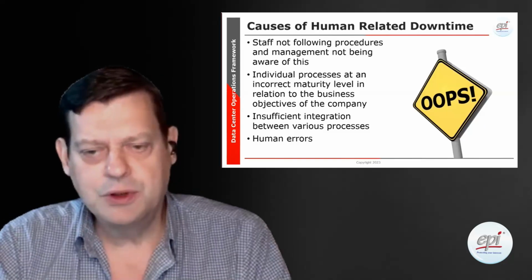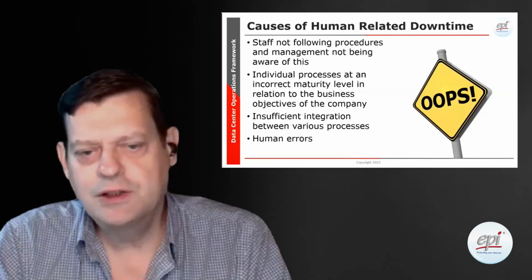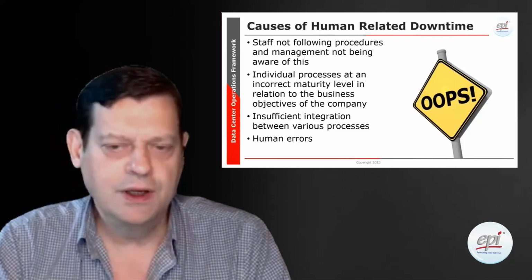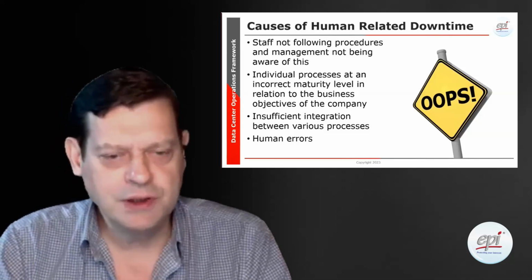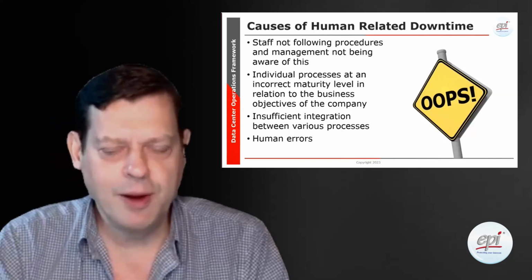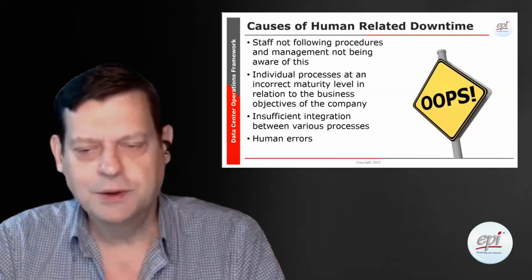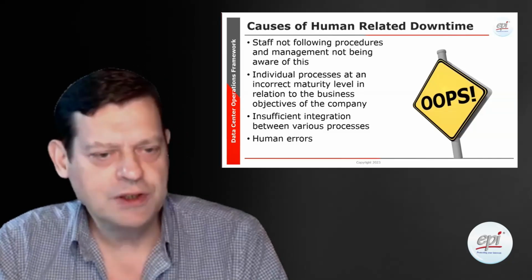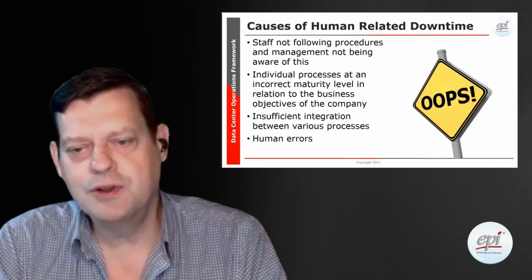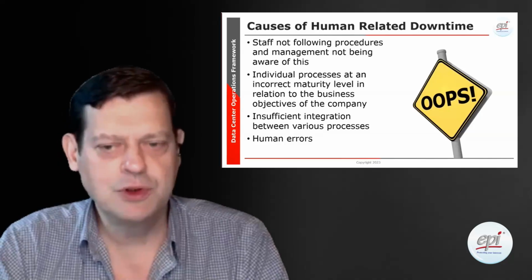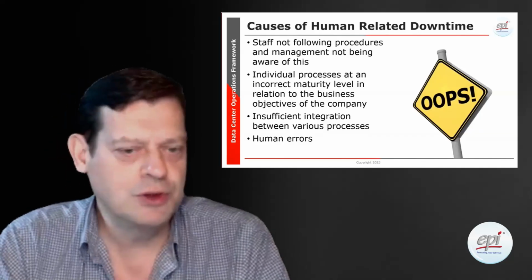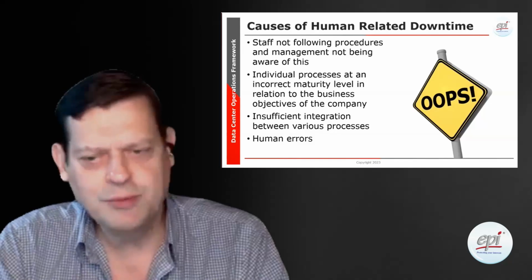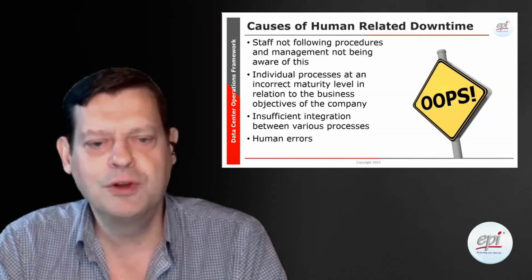Very often, and I'm sure that many of you recognize this, there is insufficient integration between various processes. We all know that the IT people don't always like the facility people because we're coming up with requirements like 20 kilowatt in the rack, or the other way around, and that leads to tension. The business doesn't always tell us in advance what they are trying to achieve, and suddenly on Friday afternoon we get a bunch of servers on a pallet and are asked, can you please make sure it runs on Monday? And all the various other aspects where we have a conflict of interest between different departments.